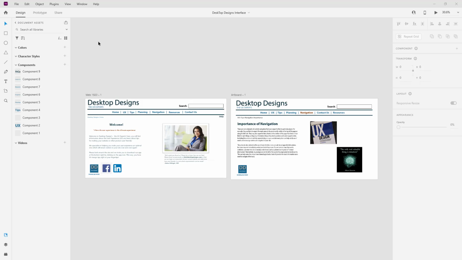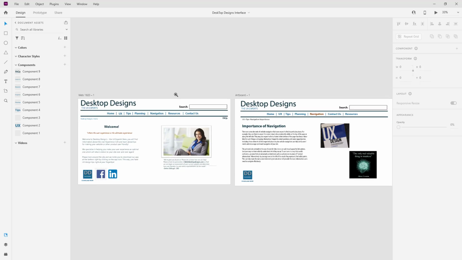You'll notice that the screen layout of XD is consistent with other Adobe products. You have the menu at the top, the tools at the left, and the properties or panel on the right. Also, keyboard shortcuts are consistent with other Adobe products. For example, use Control and the spacebar and the mouse to zoom in, or spacebar and the mouse to shift